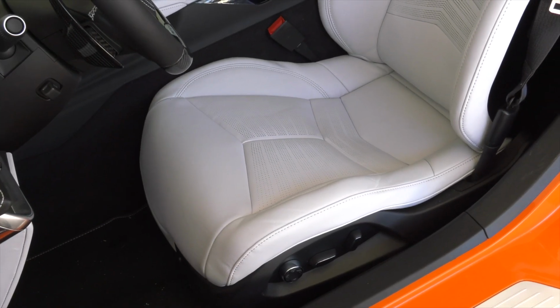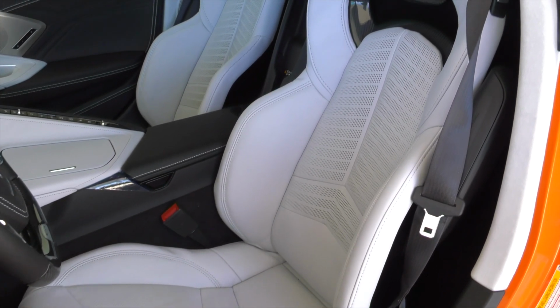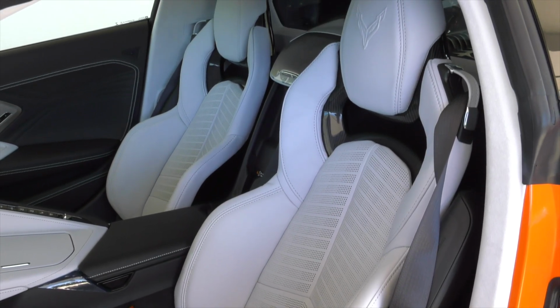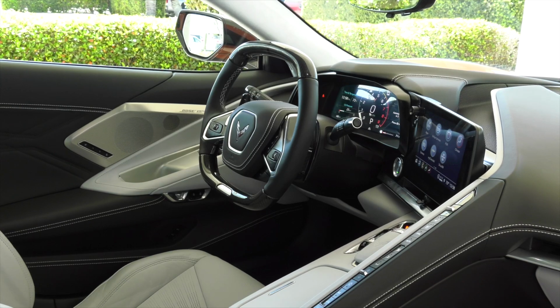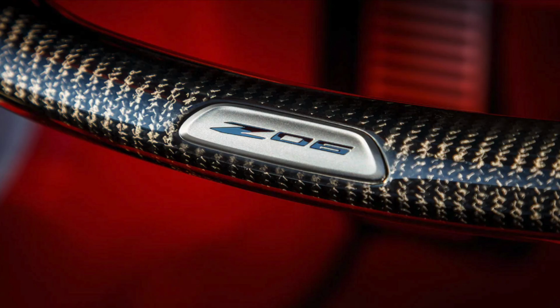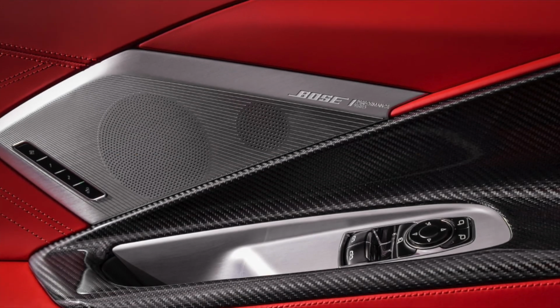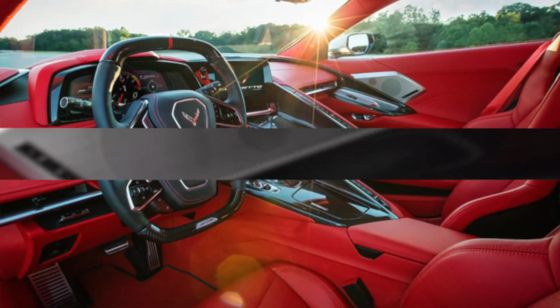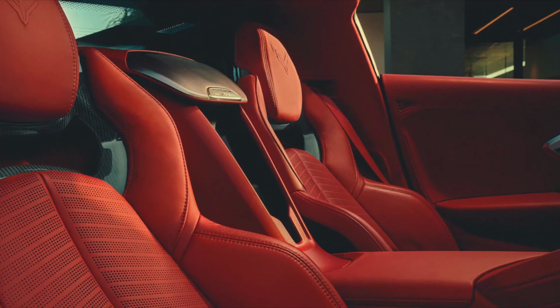Cockpit. In the driver-focused cockpit, premium materials continue to elevate the luxurious look and feel introduced with the Stingray. They're complemented with available carbon fiber trim that expresses the car's lightweight, track-purposed mantra. Unique features include an available carbon fiber wrapped steering wheel, shift paddles, and new carbon fiber interior trim package level 2. The Z06 also features hand-wrapped leather interior options, including the all-new available fully trimmed interior in Adrenaline